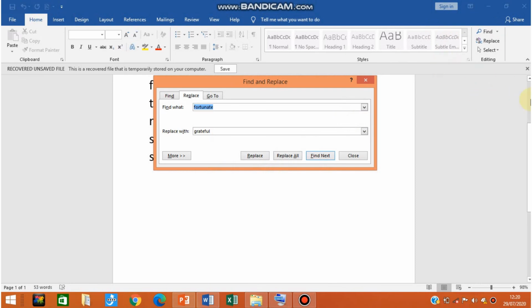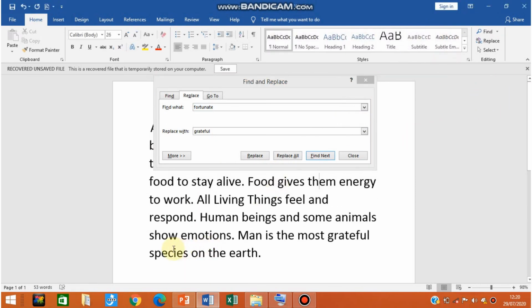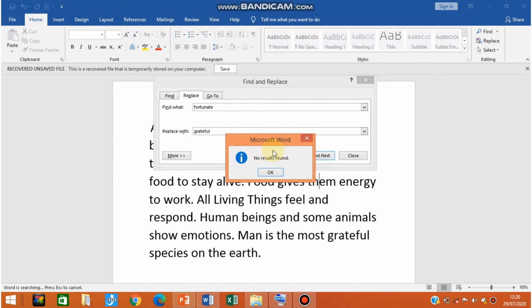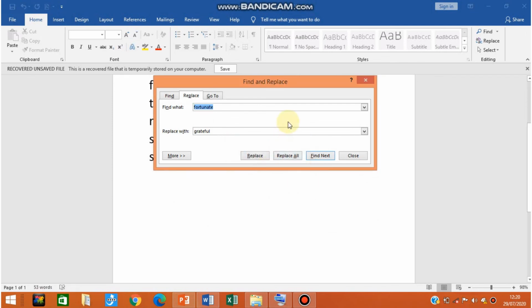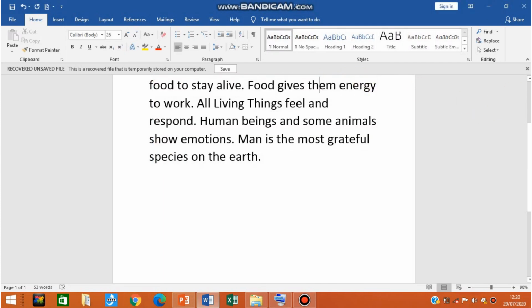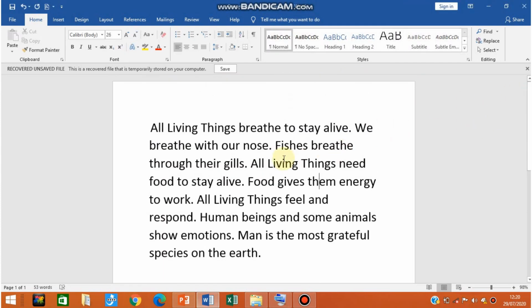Then you will see here that fortunate is replaced with grateful. Click on find next again. No other word is there. Click on OK. After doing this, close this dialog box, and you are done with the find and replace feature.